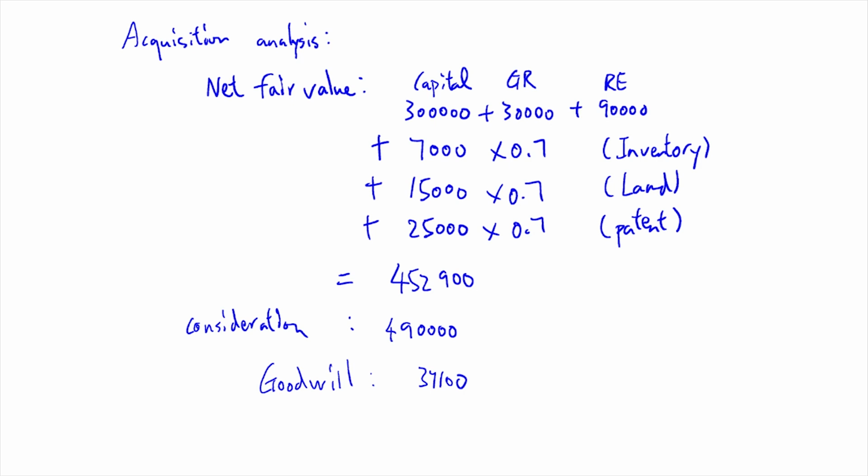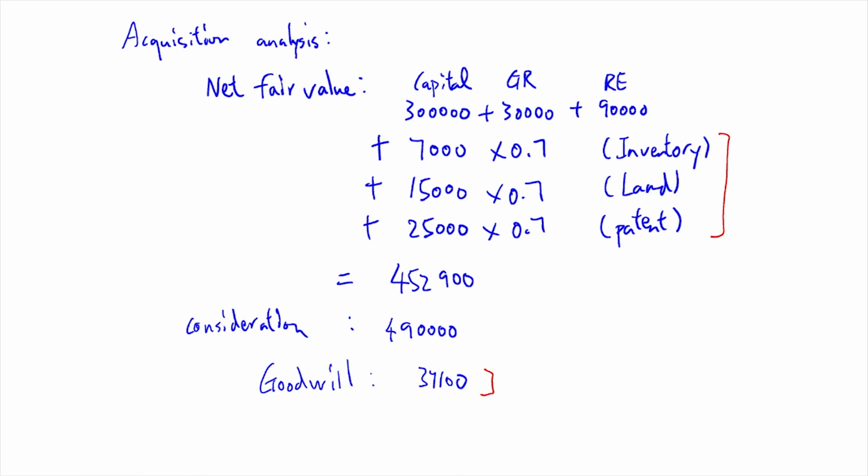As you know, the purpose of this group of entries is to revalue the asset from the carrying amount to the fair value. So what you can see from the acquisition analysis is that we have three assets up there that we want to revalue: inventory, land, and patents. We also got goodwill as well, which we also want to recognize on BCVR entry. So the challenge for you is to identify which assets here do we need to adjust the fair value, because